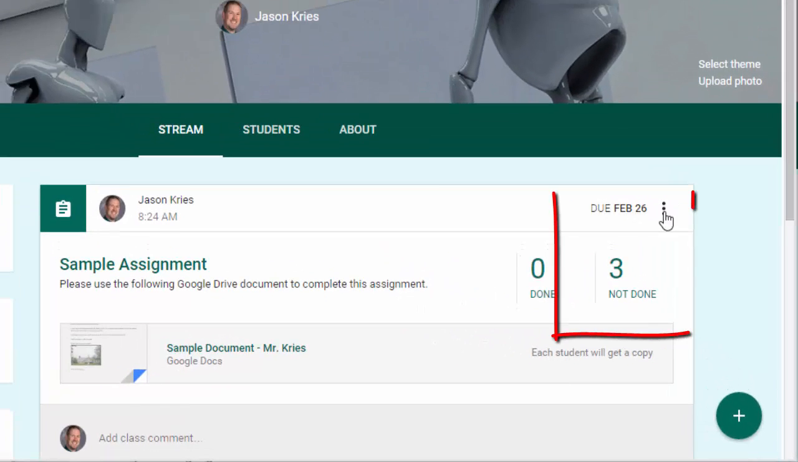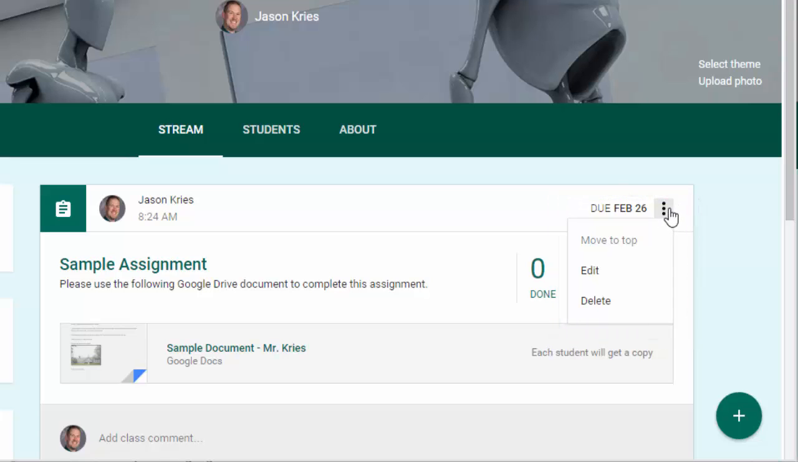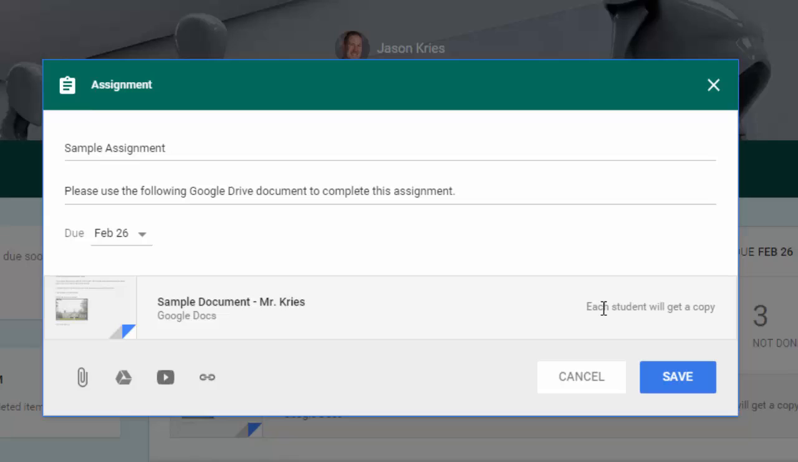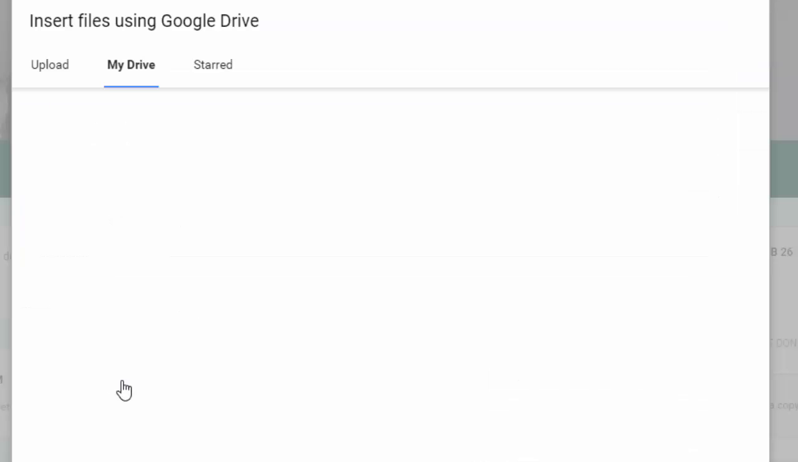At this point, it's important to mention that you can edit or delete an assignment in your classroom by clicking the menu 3-dot button in the top right-hand corner. A warning is that once you've posted an assignment with an attachment, you can no longer change the sharing rights for that document. I don't know why it's set up this way, and I hope that they'll change it. This means if you add a Google Drive document